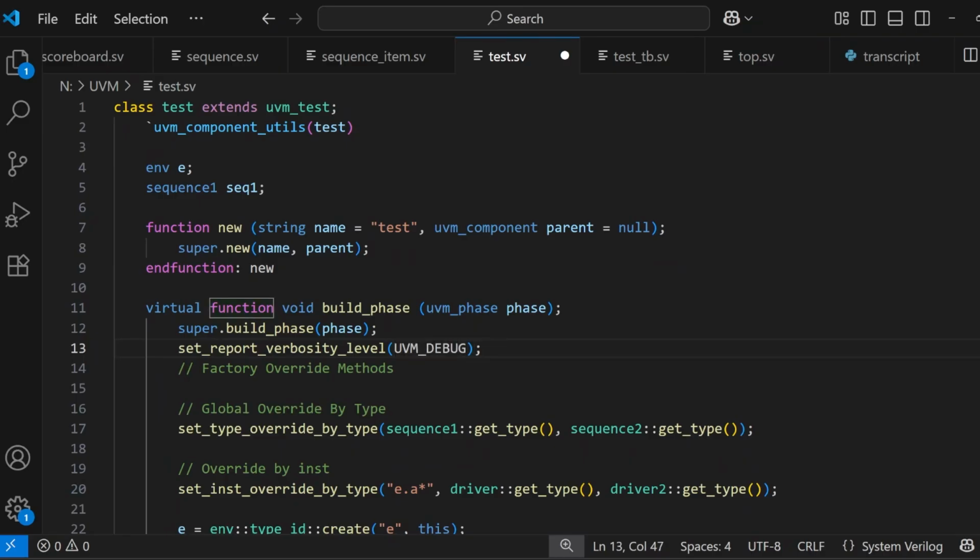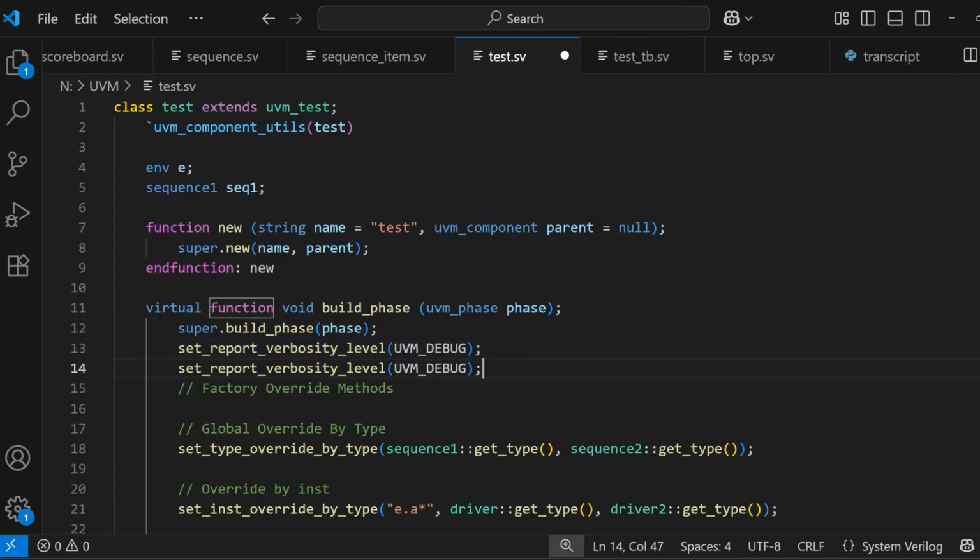So I have used this particular verbosity level method, and there is a variant of this method, which is called set verbosity level underscore hierarchy, or HIER in abbreviated form. The difference between these two methods is that this particular method,